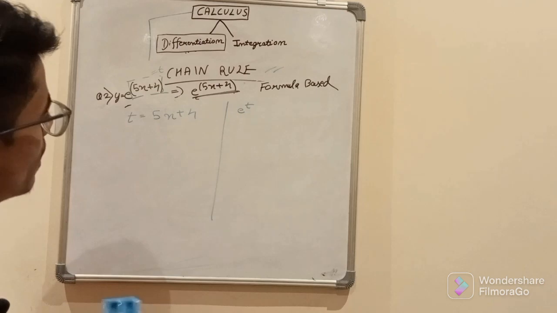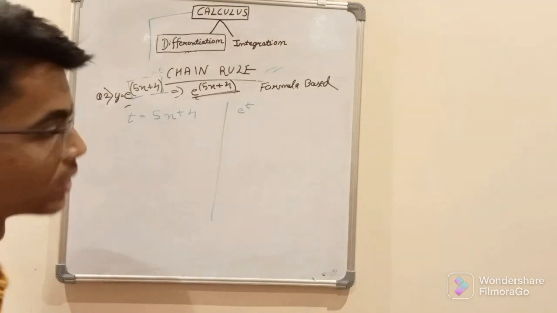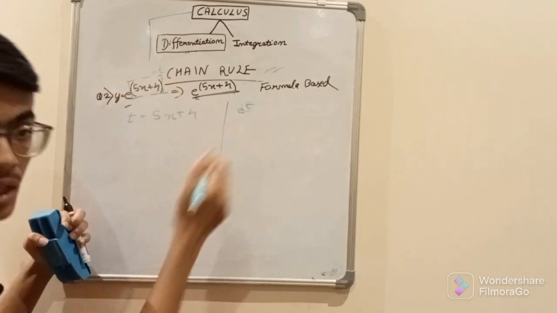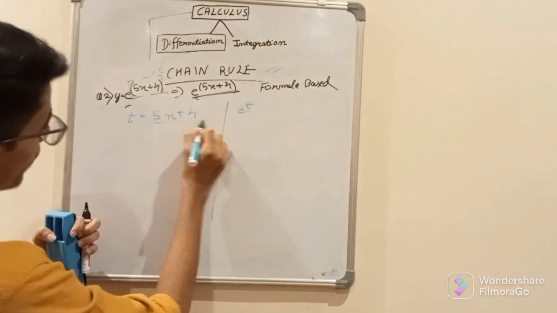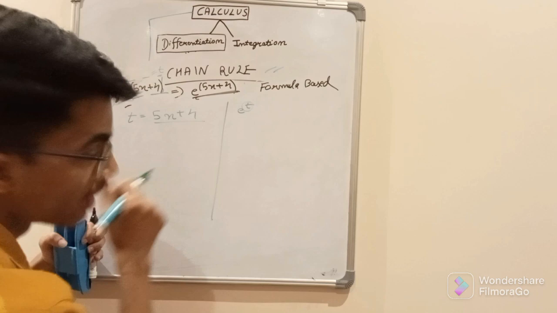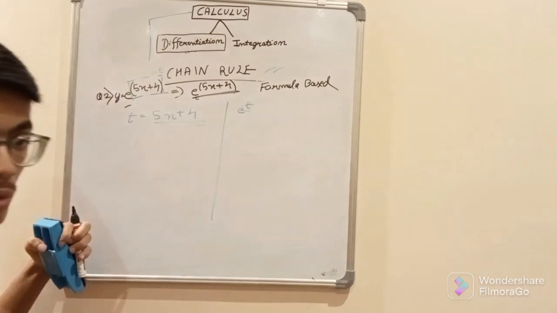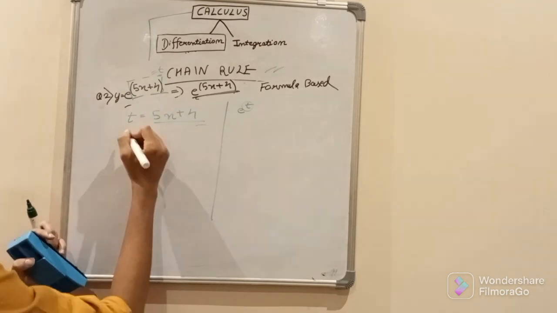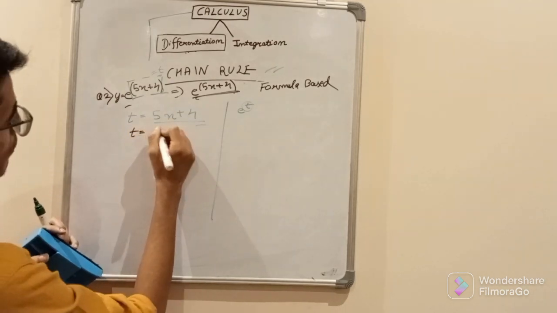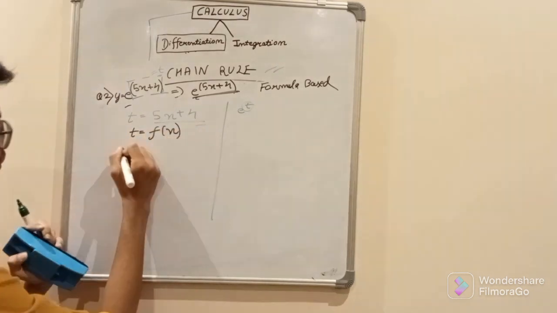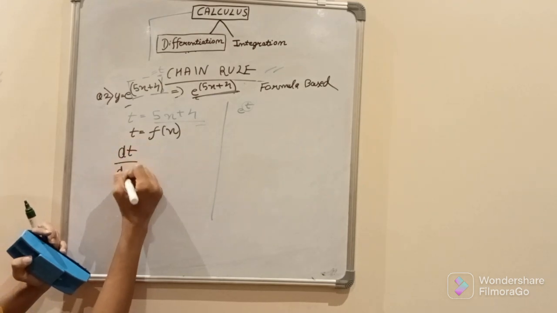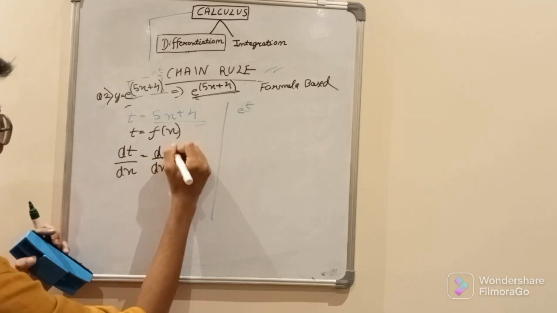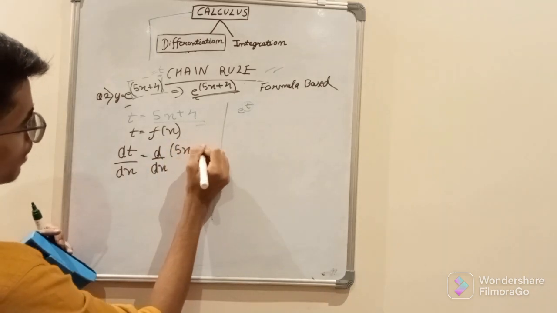So as I said earlier, we have to differentiate both. हमें t को भी differentiate करना है जिसे हमने assume किया है, और हमें 5x plus 4 को भी differentiate करना है जिसे हमने assume किया है. So you can see over here t is a function of x. So dt upon dx, we have the values for t. So d upon dx 5x plus 4,